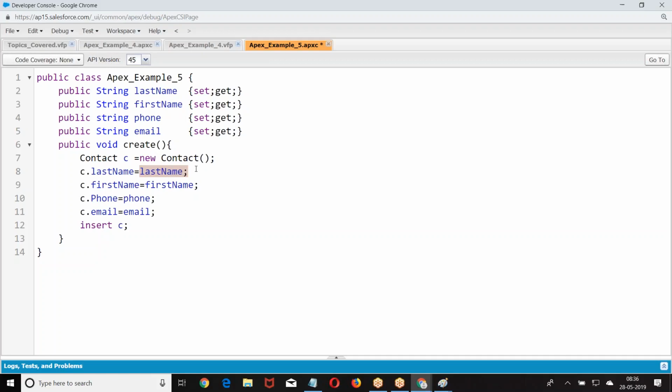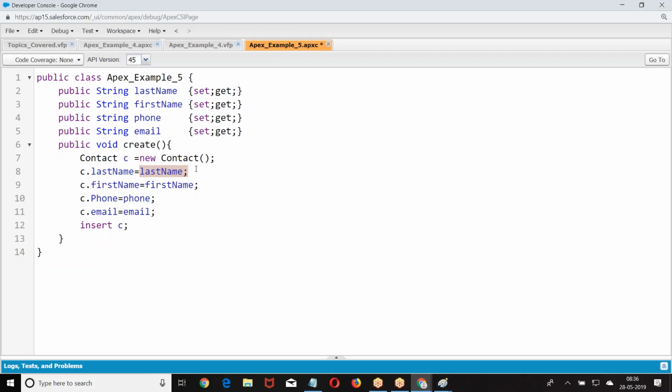When you are trying to insert the data into the table, the record may be inserted, may not be inserted. Tell me some of the reasons why a record may not be inserted. Maybe you are not entering the required fields. In contact, last name is a required field. If I don't enter the last name, insertion will fail.